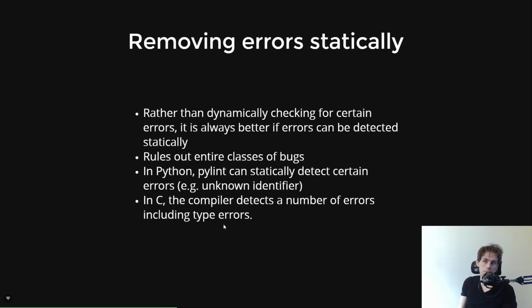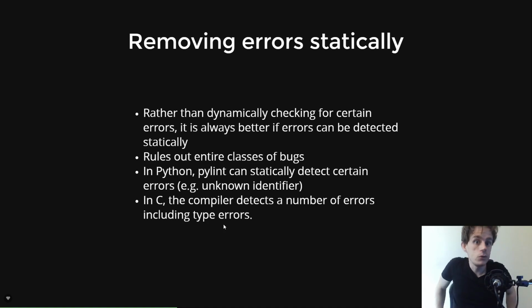In terms of the static part, in terms of removing the errors statically, you have lots of different ways to get around this. And again, what errors are we talking about? With out of bounds, null pointer exceptions, all of this. Static errors are removed by either compilers or linters. So for interpreted programs like Python, we use pylint to statically detect certain errors. For instance, again, unused variable.